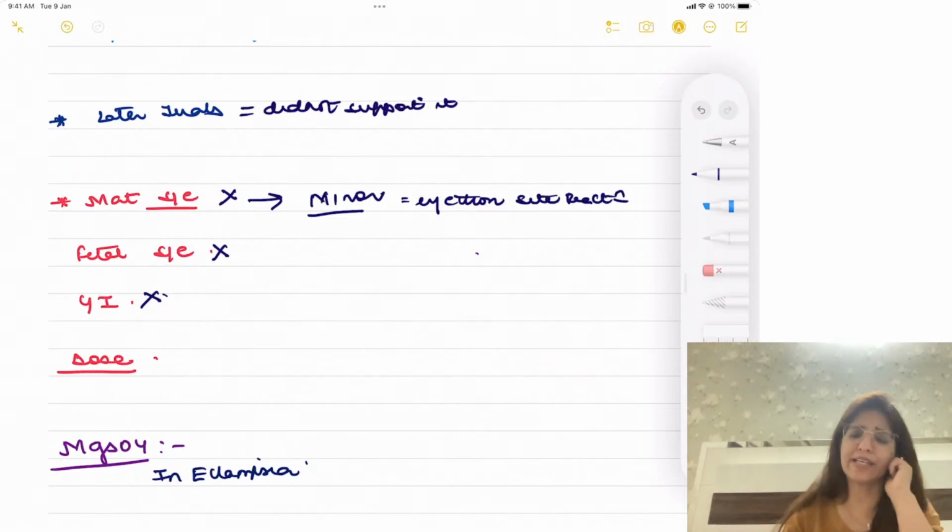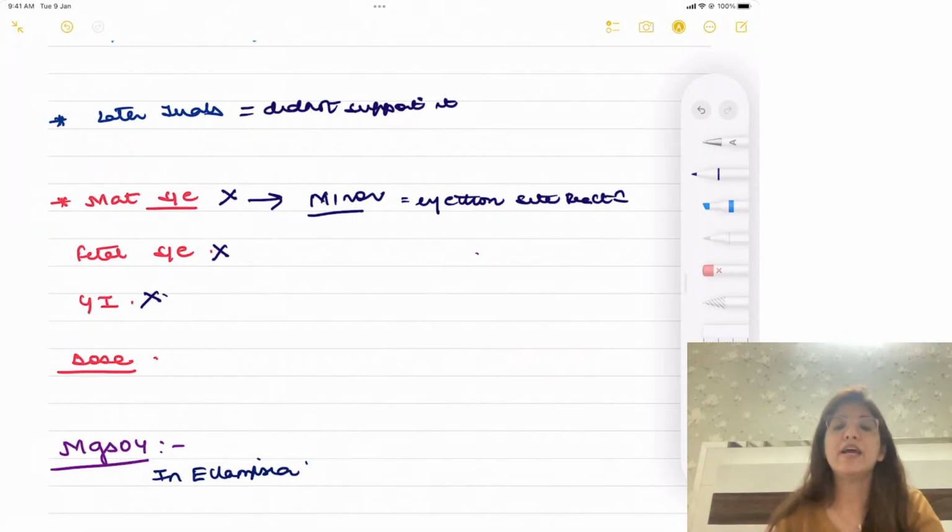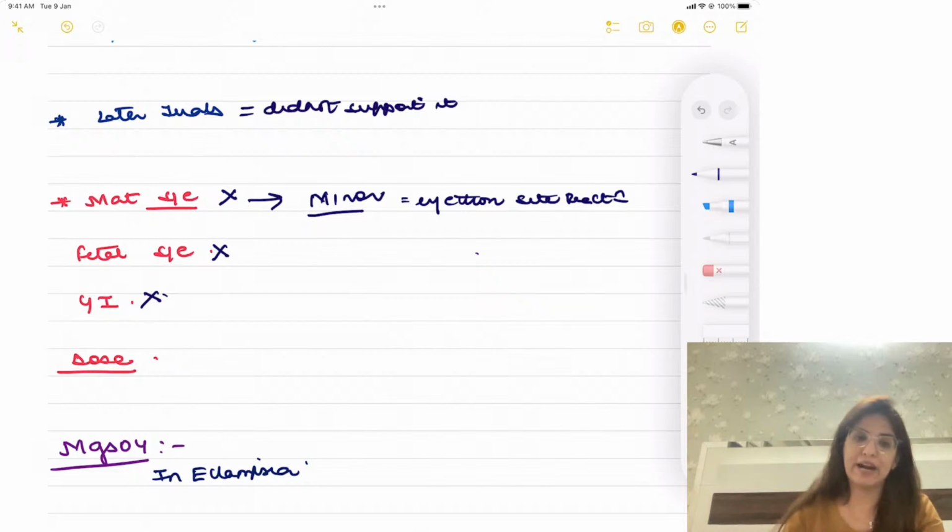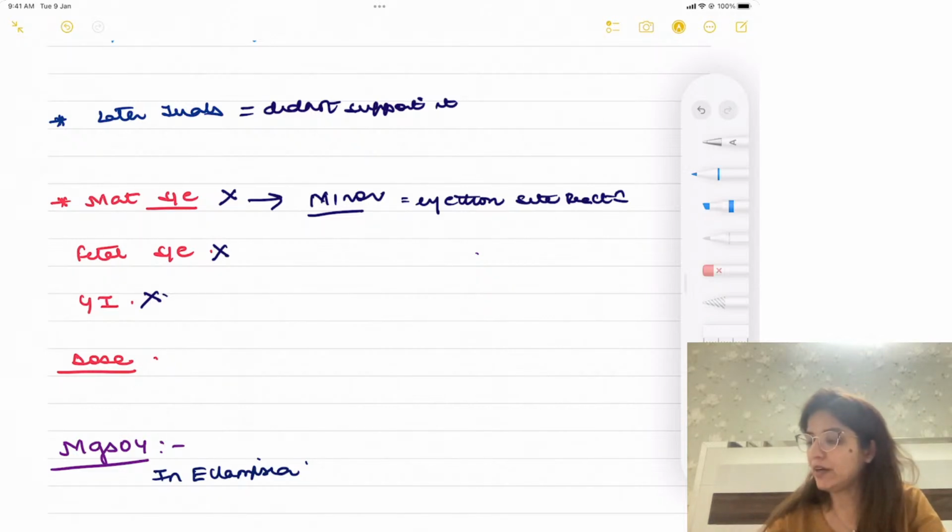Right? Only minor side effects like injection site reaction. That's the only thing which is seen. No other major side effects are seen. Right? Then,